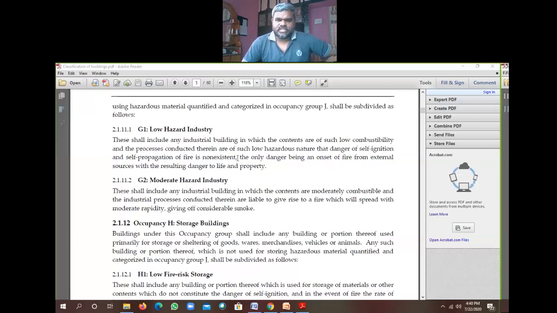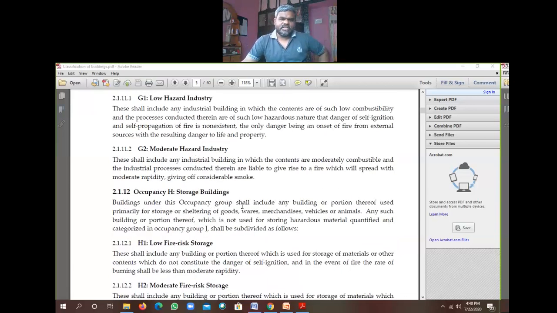The only danger is an onset of fire from external sources, right? And moderate hazardous industry means moderately combustible industrial processes conducted there are able to give rise to fire which will spread moderately, right? Next, hazardous